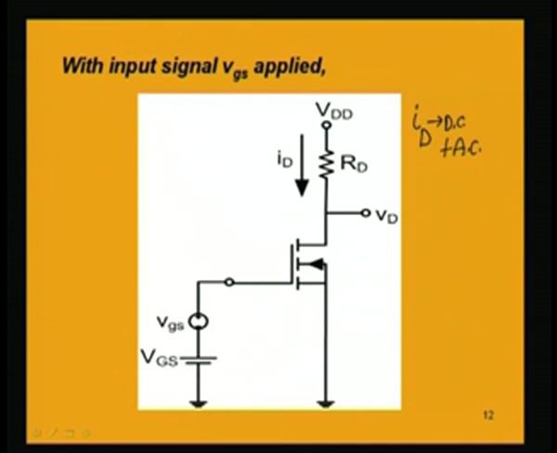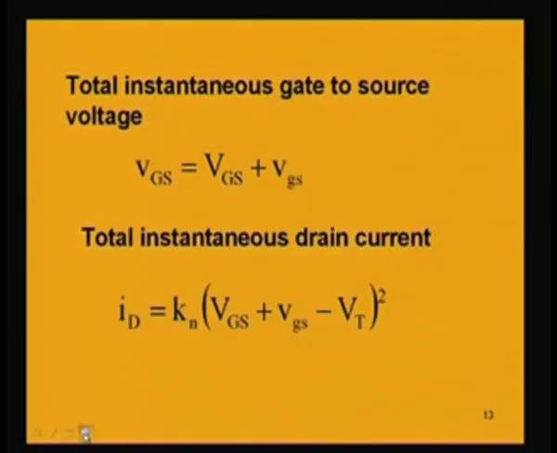So, now the total instantaneous gate to source voltage, when we have the signal along with the DC signal, is VGS equal to capital V capital G capital S plus small v GS. So, this is the total instantaneous gate to source voltage. Now, due to this gate to source voltage,